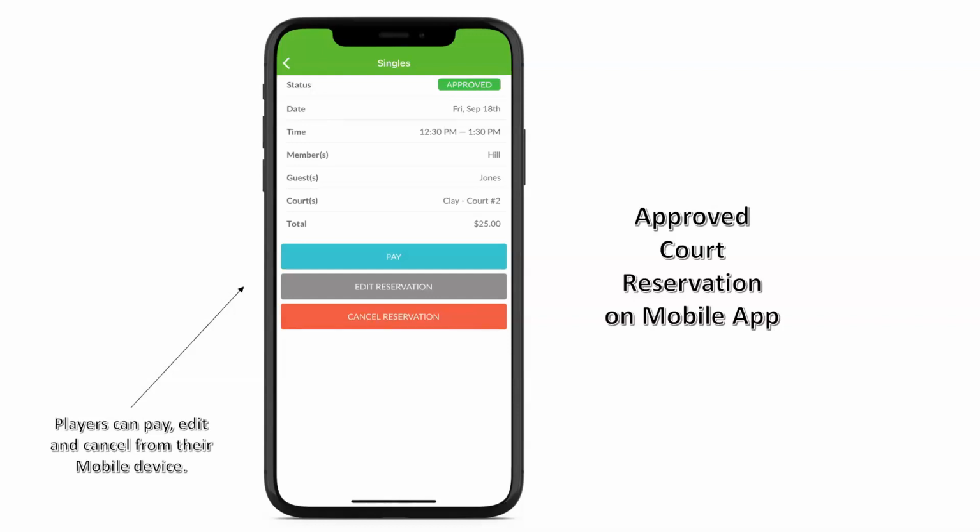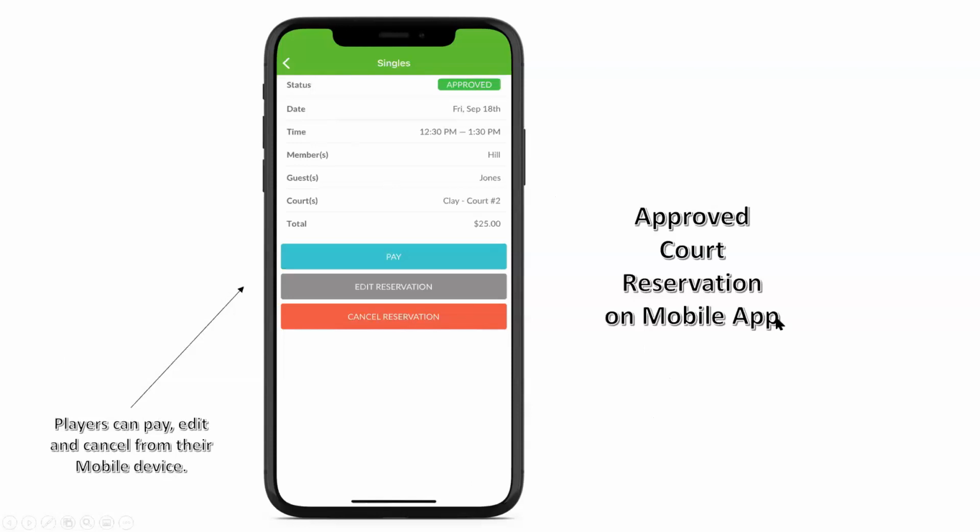This is significantly lower in fees, and definitely a lot of our clubs are using this to start off and run their pickleball facilities. I'll mention more about those two different payment merchants in just a few minutes. The reason for this screenshot is to show you that whatever kind of organization you have, it's completely customizable on the app for your players to book a court, bring guests, and pay, edit, and cancel all their reservations from